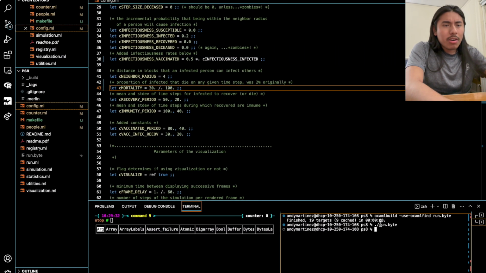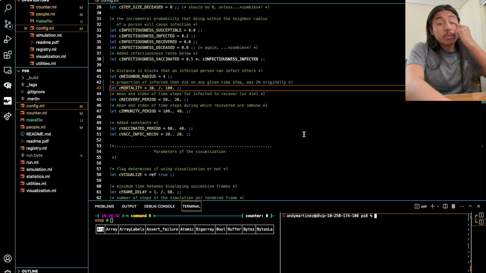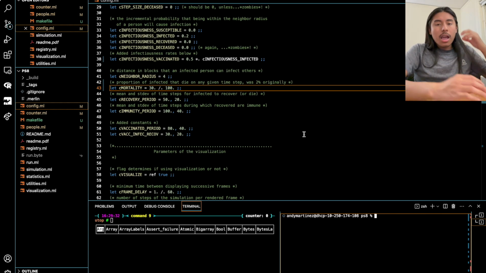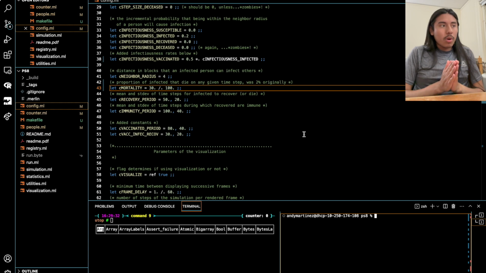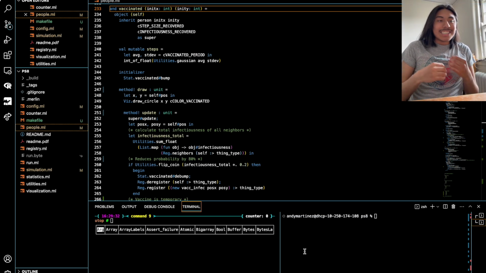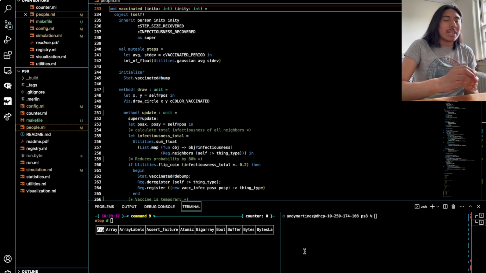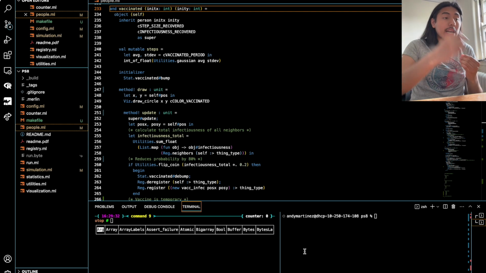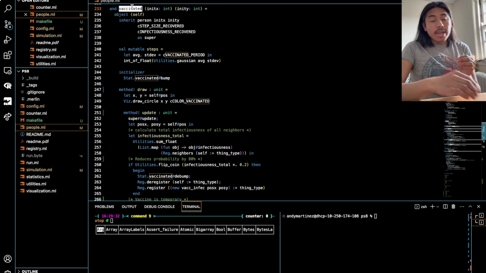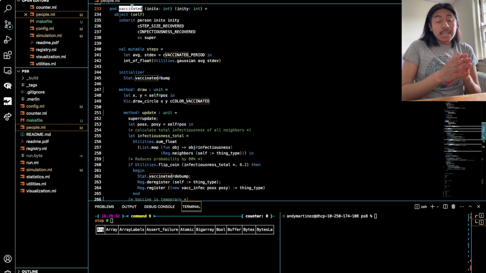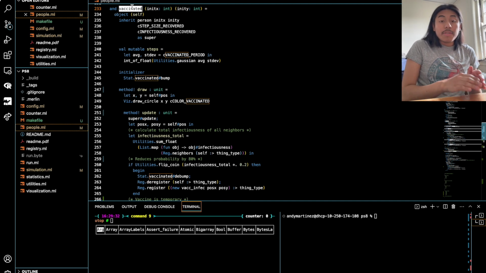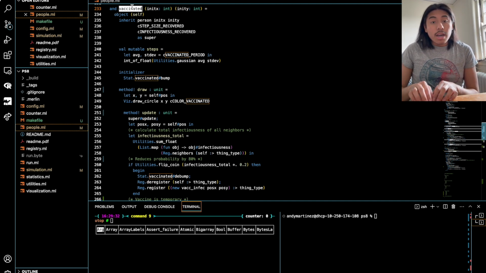And for the last part of my exploration portion of the Pset, I'm going to be looking at what happens if I implement a vaccine. The final portion of my Pset, I decided to implement a vaccine in my simulation, and I did so by creating 2 new classes. The first one is shown right here, and it's called Vaccinated. This, as the name suggests, represents a group of people that have gotten the vaccine but are currently not infected,